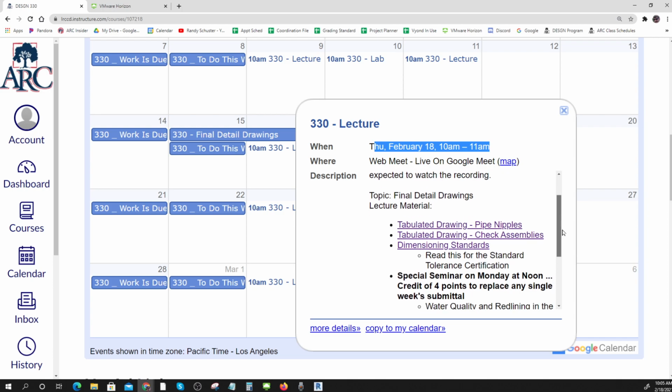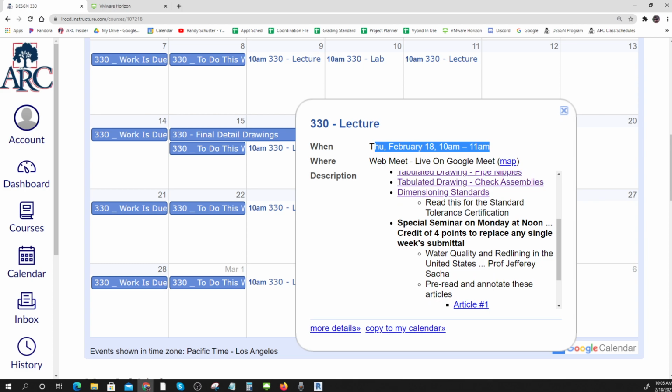Okay, so a few things. We're going to finish up our final detailed drawings. Yesterday during lab, we talked about the tabulated drawings and the dimensioning standard, so I'm going to talk about those again today. And then on Monday at noon, and we also have one on March 1st at noon,